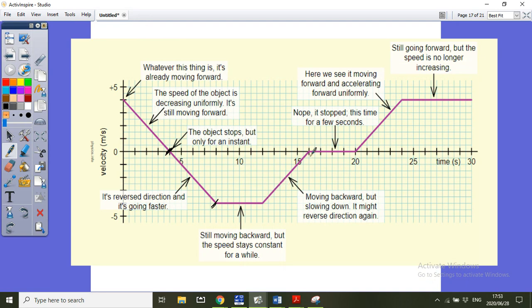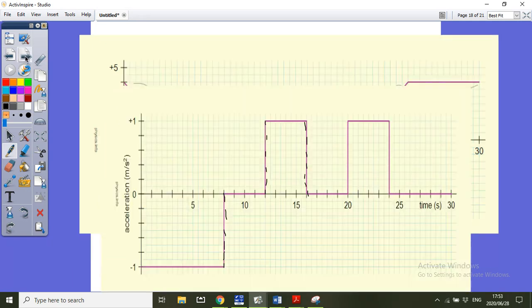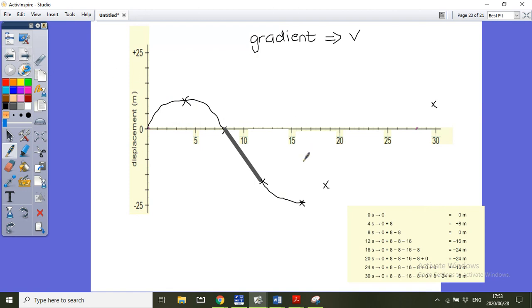Now, as it's 0 there, this time the velocity stays 0. So if the velocity is 0, my gradient must be 0. So that means flat line all the way to 20. And then from 20, it goes from 0 to positive again. So let's go. So here, it's going to go